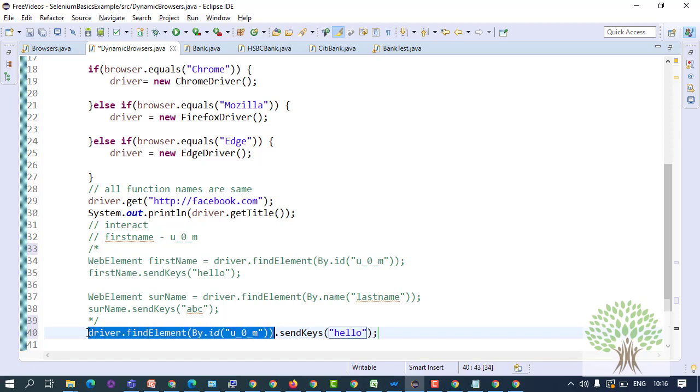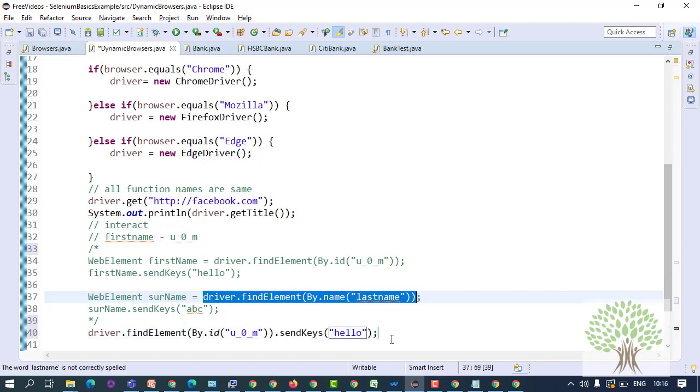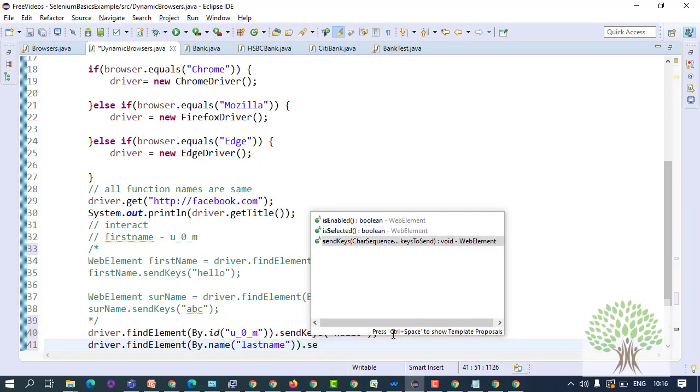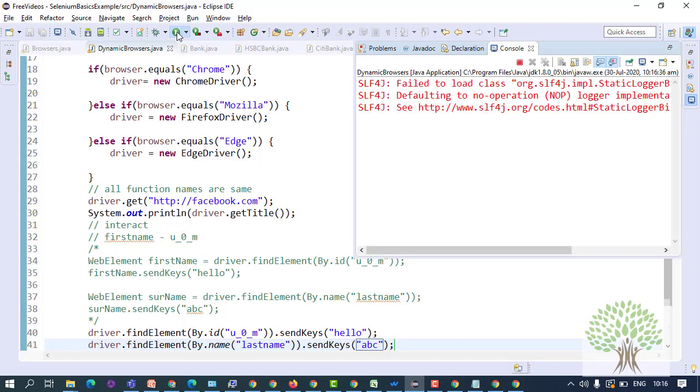First this part is executed, and on that you fire the send keys function. Okay, similarly you find the last name field, and on that you fire the send keys function, and you run this.